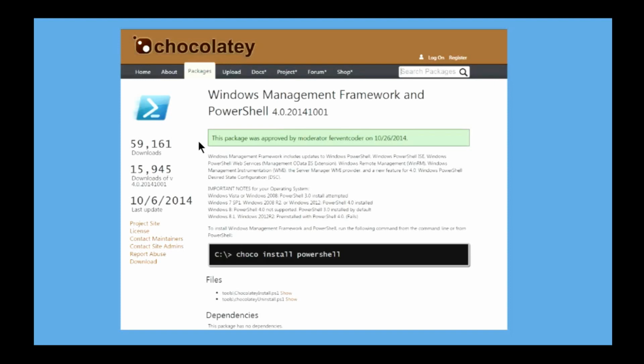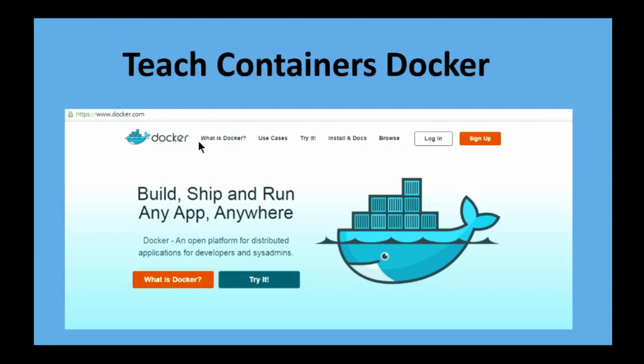It requires PowerShell, and if there's one thing you should be teaching every single student, it's PowerShell, PowerShell, PowerShell, and more PowerShell. Chocolatey uses PowerShell, and you do a choco install, and they have this whole chocolate theme, so they're chocolate nuggets, and each one of those is essentially an application that you're deploying. So it's an application deployment tool. This one took me by surprise.